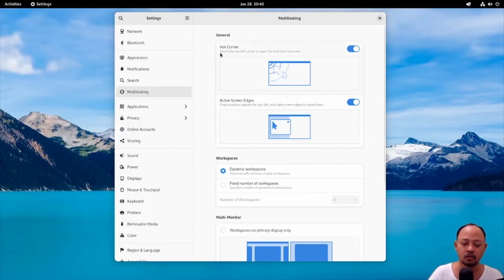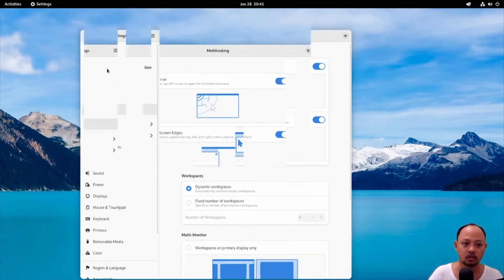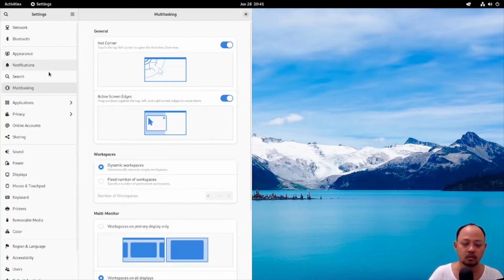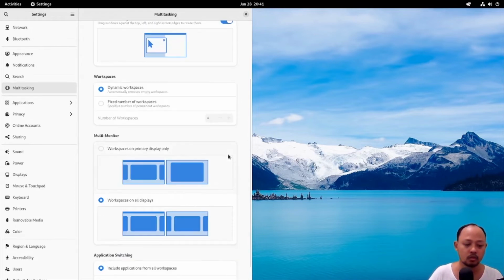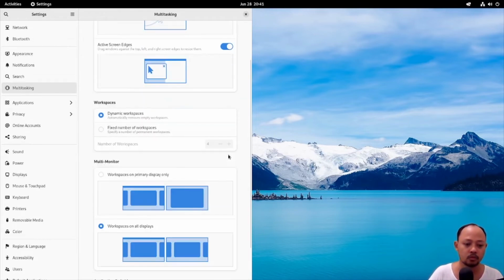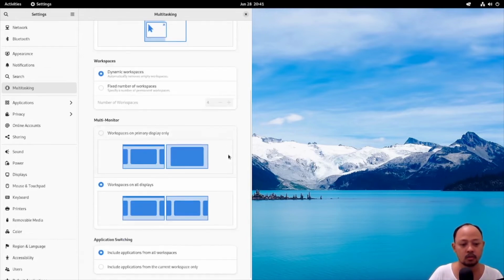And then hot corner. Maybe it means this corner, top left of the screen, and then active screen edges. Okay, let's try like this. Okay, multi monitor.